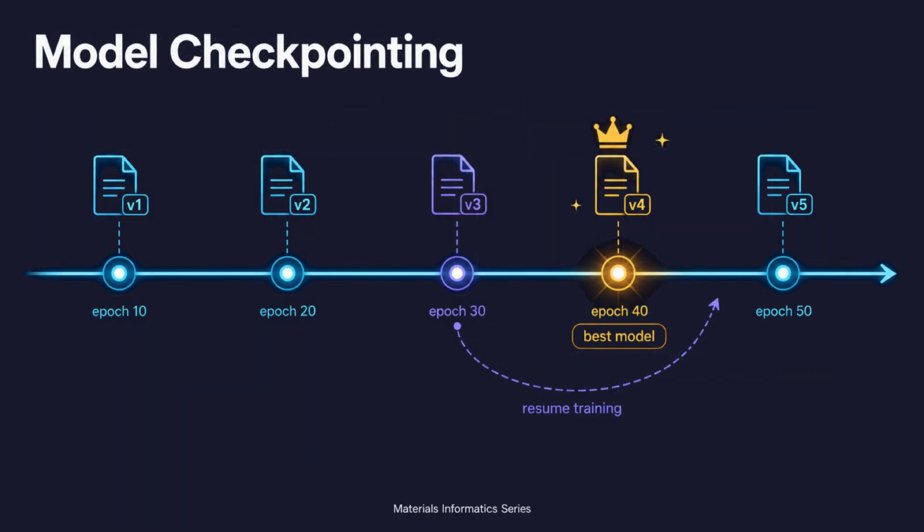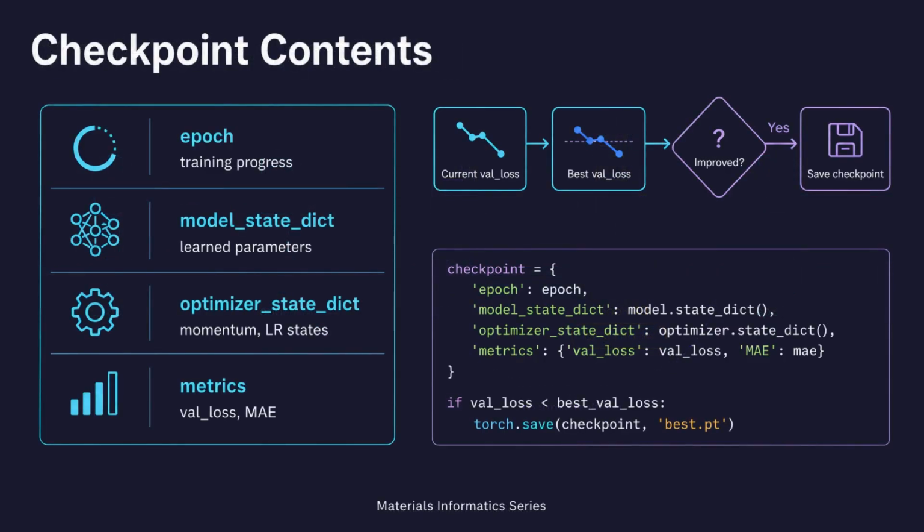Now let's cover best practices for saving and loading model checkpoints. A complete checkpoint should save the current epoch number for resuming training, the model state dict containing all learned parameters, the optimizer state dict including momentum and learning rate states, and current metrics like validation loss and MAE. For best model tracking, compare the monitored metric like validation MAE against the previous best, and save the best model